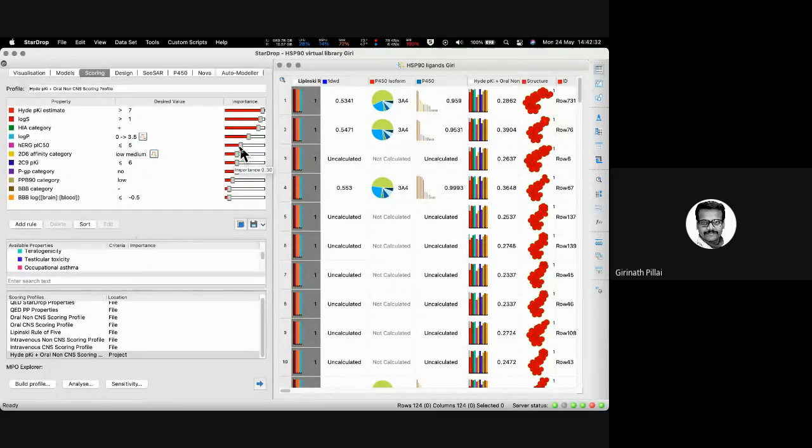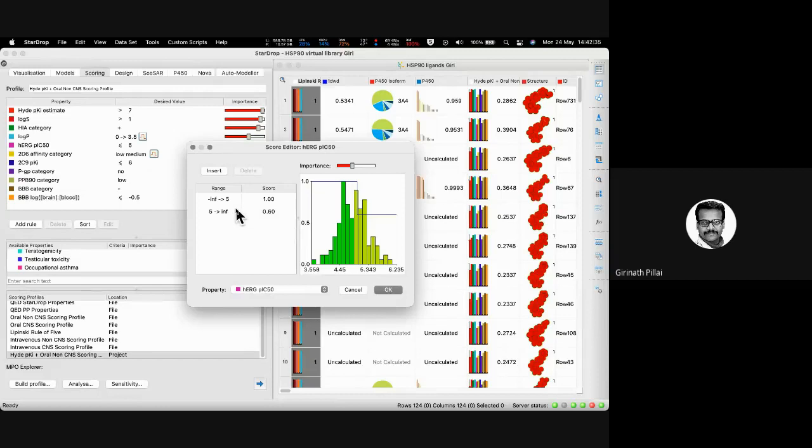Similarly, going to hERG, that is the cardiotoxicity. Here I said anything having greater than 5 is going to be cardiotoxic, so I will give a lower score of 0.6. Anything up to 5 is acceptable, so we can consider them for our hit triaging. This process is called hit triaging. But if I give more importance to this particular property, then the score assigned to any compound having higher cardiotoxicity will be very stringent. We don't consider any compounds greater than 5. But when you reduce the importance level, then more compounds will be considered.